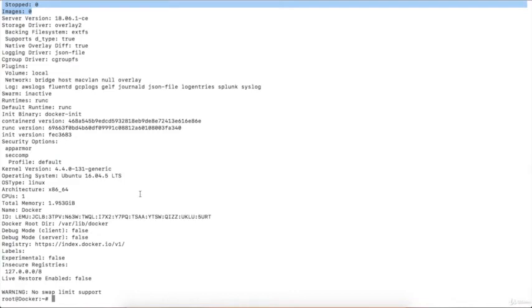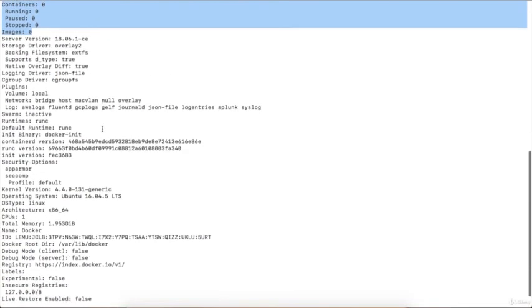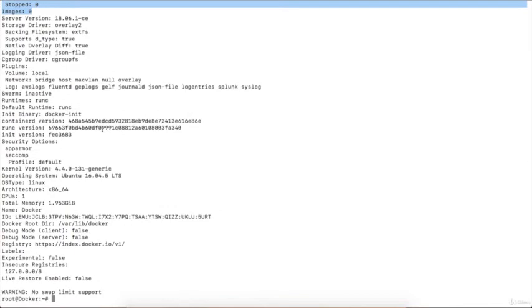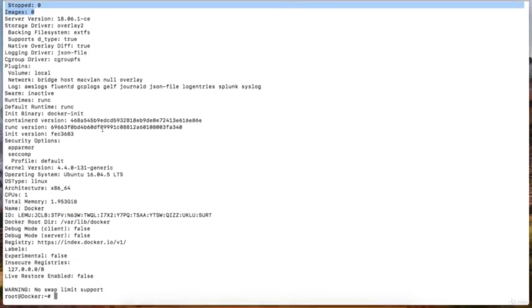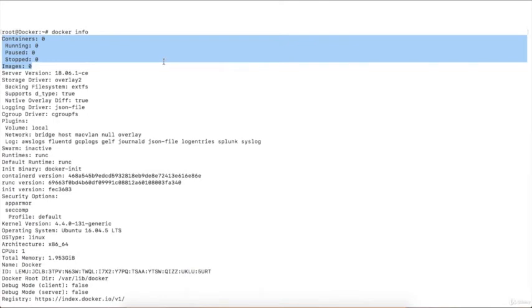So this basically is providing all the information about your Docker engine, right? Like the root directory of your Docker engine and other stuff like the memory segment and architecture type, OS type, profile. There is a lot of information available on your Docker engine, right? So if you want to know the complete information, like the number of containers running on your machine, the number of images present on your machine, then you can simply execute the command docker space info. It will provide you complete information of your Docker engine, right?